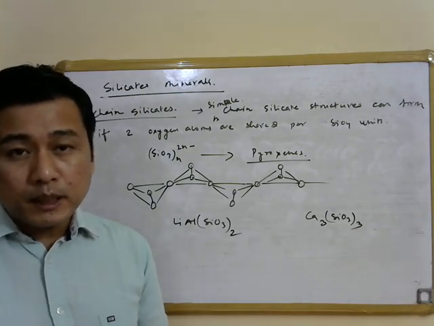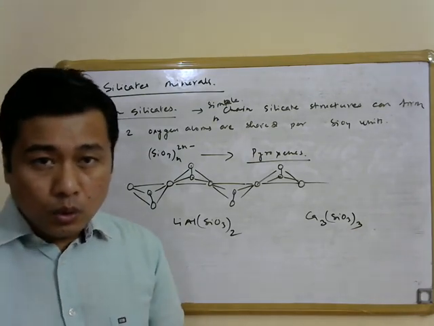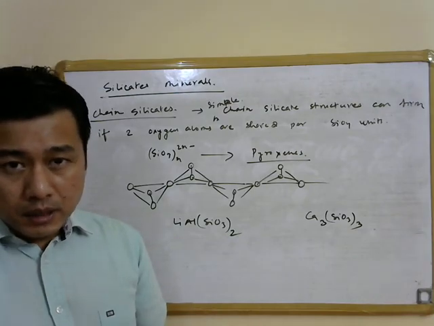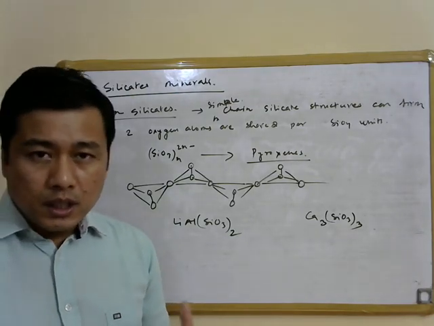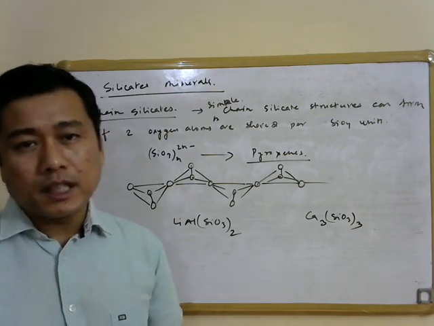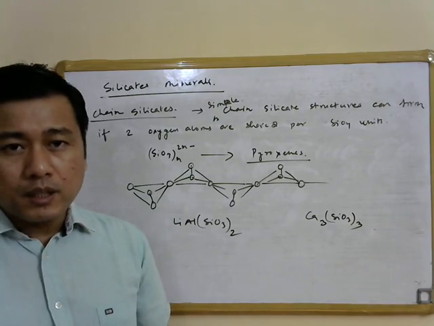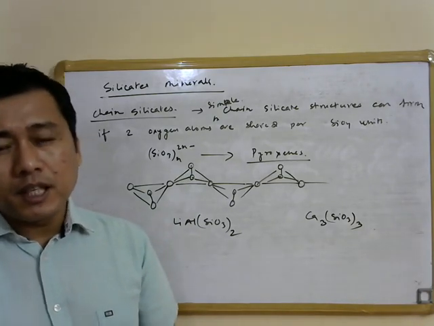which are close packed in nature, and that is why there are octahedral as well as tetrahedral holes in these silicate minerals, and different metal ions can occupy these octahedral or tetrahedral holes depending upon the size of that particular metal ion. And then we have learned how we can classify different types of silicate minerals depending